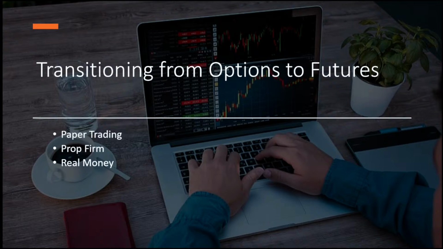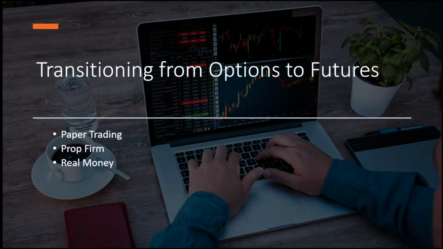If you're going from options to futures, I started paper trading on it because I learned a whole new broker. I'd only used Thinkorswim. The biggest issue on Thinkorswim is that the margin requirement is full margin requirement. On Tradovate, NinjaTrader, and a bunch of others, I think even IBKR, they hold a much lower margin requirement, which is nice because you don't have to have as much money in your account.